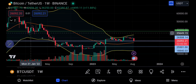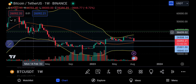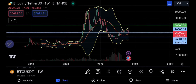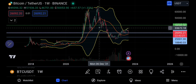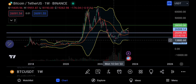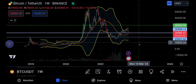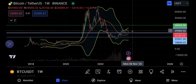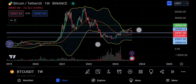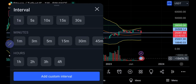Okay, what I see here is kind of a distorted reverse head and shoulders pattern, or in a way, if we squeeze it down a little bit more right here, it's kind of like a shoulder, shoulder right here, head, shoulder, right? So it's a reverse head and shoulders pattern. So we are actually reversing. Okay, and this is the weekly chart, guys. Okay, so now if we zoom back out,